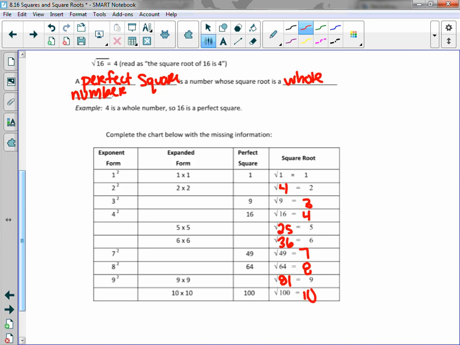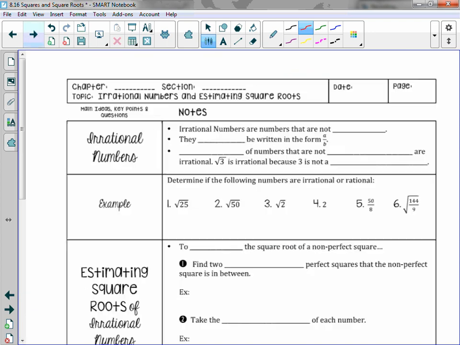10. What's the next one after 100? 11 times 11, which is what? 121. Good. Anybody know what's after that? 12 times 12, which is 144. Good. All right. So now, those are your perfect squares. If you flip over to the back,